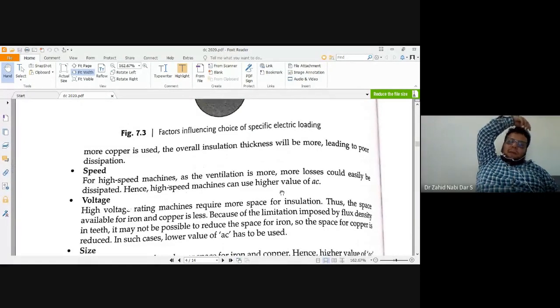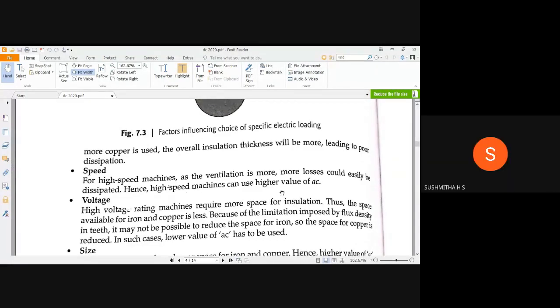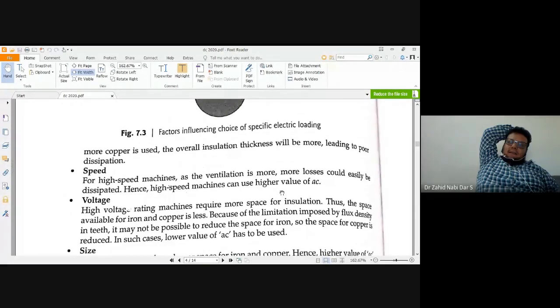Now tell me what is armature reaction. According to your mind, what comes to your mind when I say armature reaction? Anything is there? You can say something. Sushmita? Yes, sir. Anything comes to your mind when armature reaction is said? Tell me, don't worry. It's not an examination. It's just like I'm trying to improve your thinking. So right now you're blank?